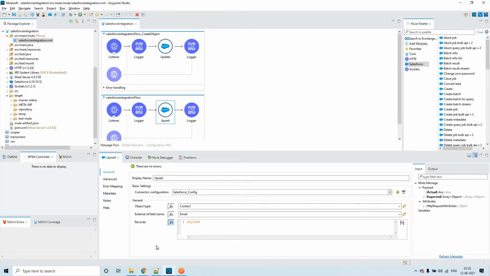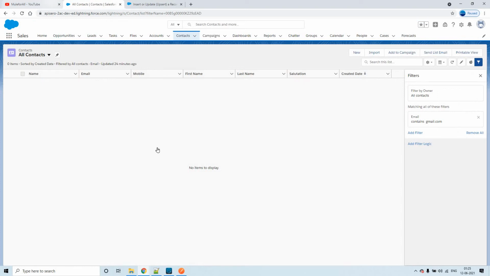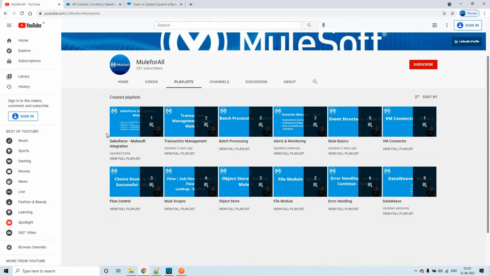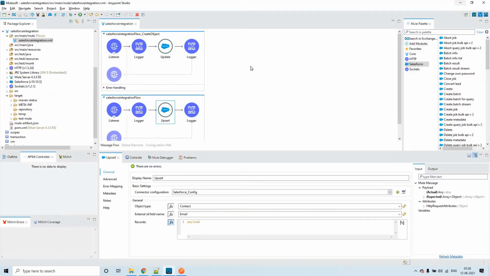new to Salesforce or if you haven't gone through my previous session where I discussed how to create a Salesforce developer account and a few operations, just go through that session and then continue with this one. That will make it a little easier for you to understand this, and also how to create the Salesforce account, how to get the security token, and how to configure these things. I have discussed that in the previous session, the first session on Salesforce MuleSoft integration. So let us talk about the upsert operation.